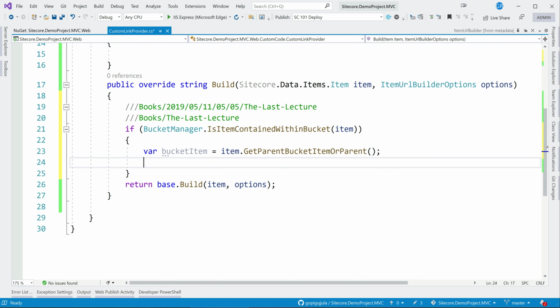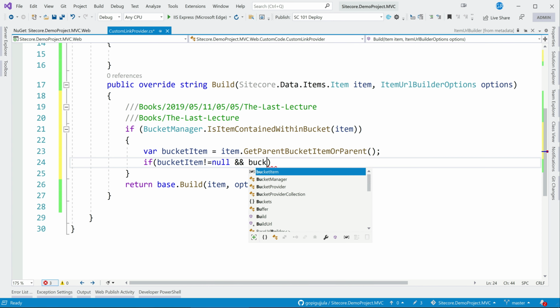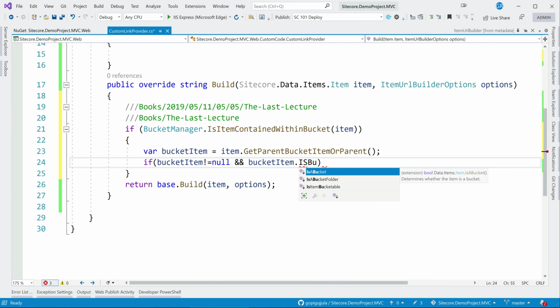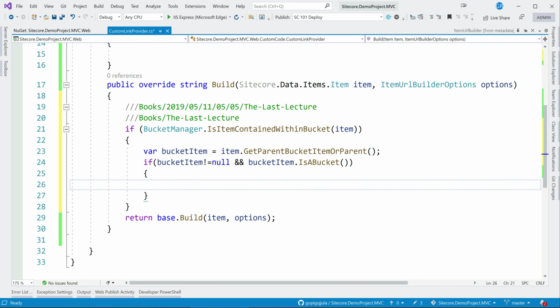Now just add conditions: not equal to null, and the bucket item is a bucket, the item is a bucket. Remember from our case that books we converted as an item bucket, I mean that is a bucket, and these are all called bucketable items.